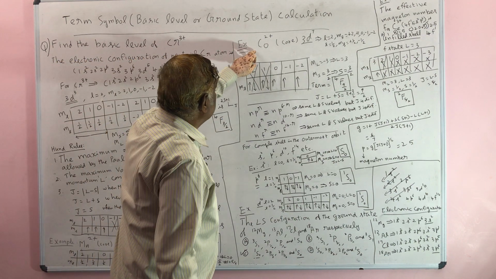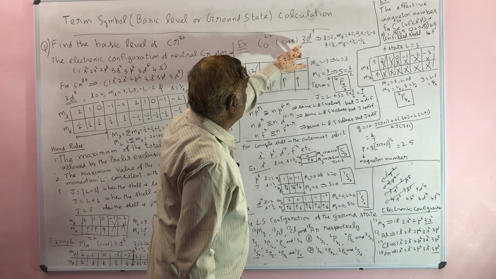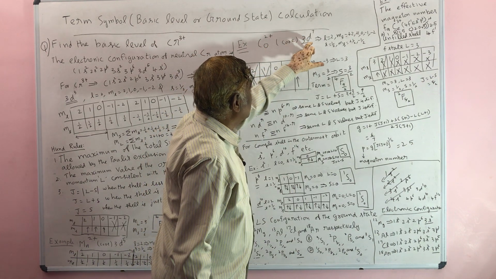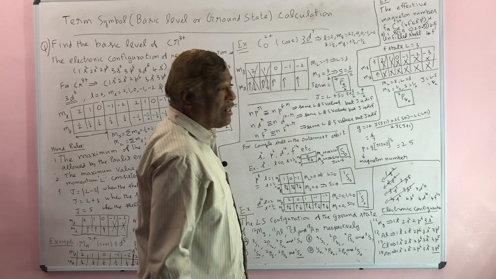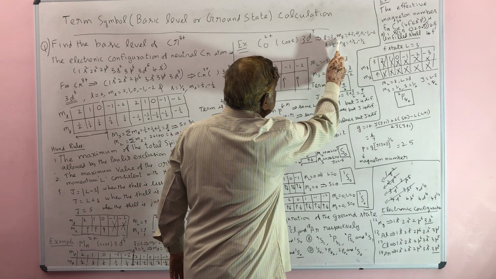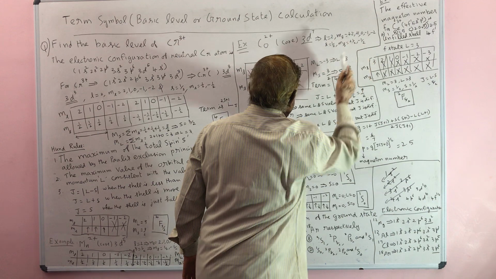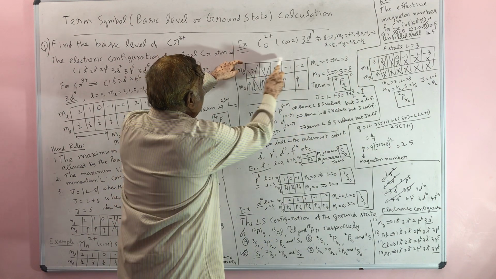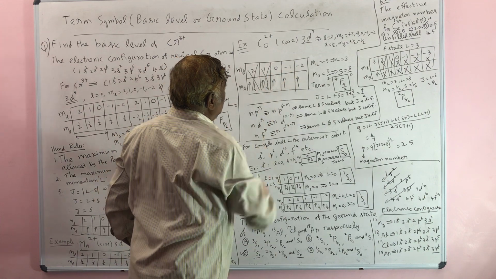Now, you take another example, cobalt 2 plus. So, the electronic configuration: the uppermost shell contains 3d7. So, there are 7 electrons in the D state. Again, for L is equal to 2, ML varies from plus 2 to minus 2. S is equal to half, MS is equal to plus half, minus half. Here, you can fill like this: ML values 2, 1, 0, minus 1, minus 2.